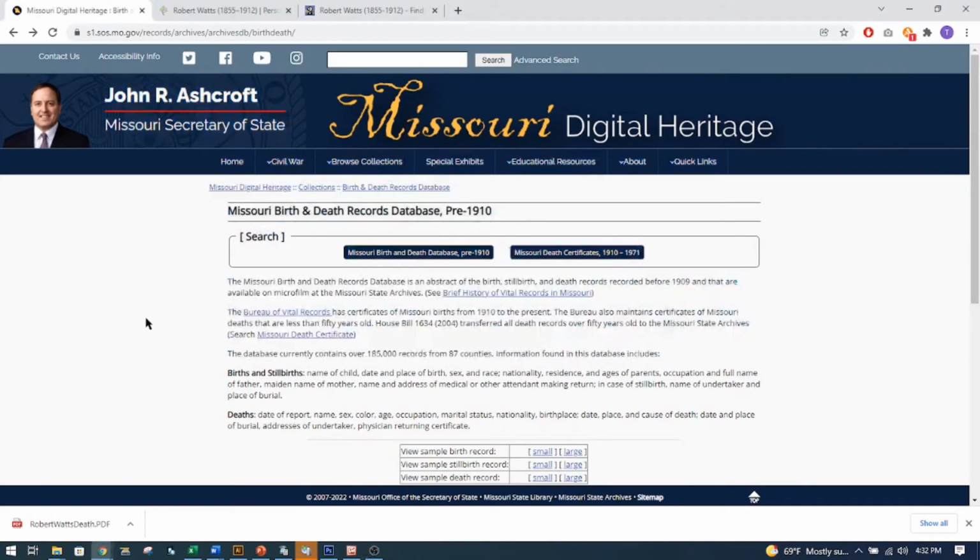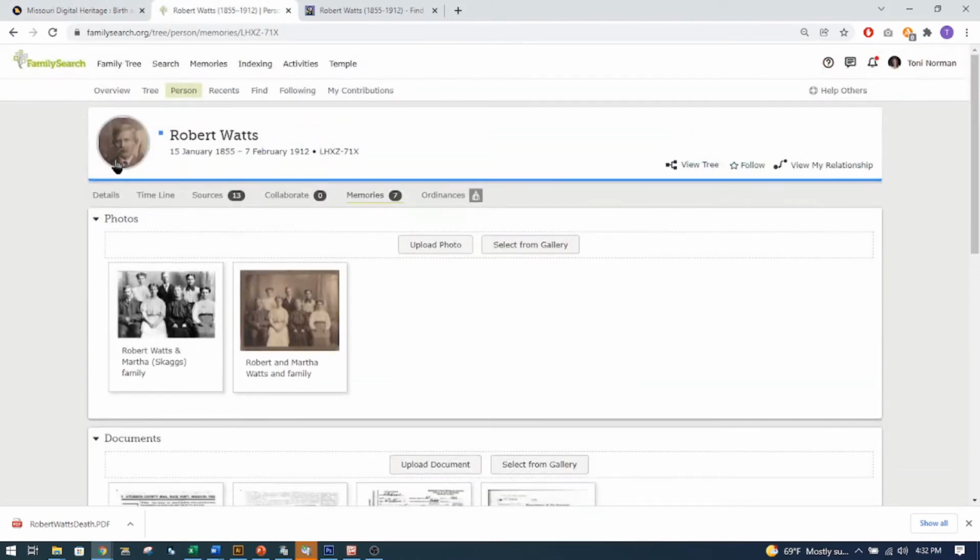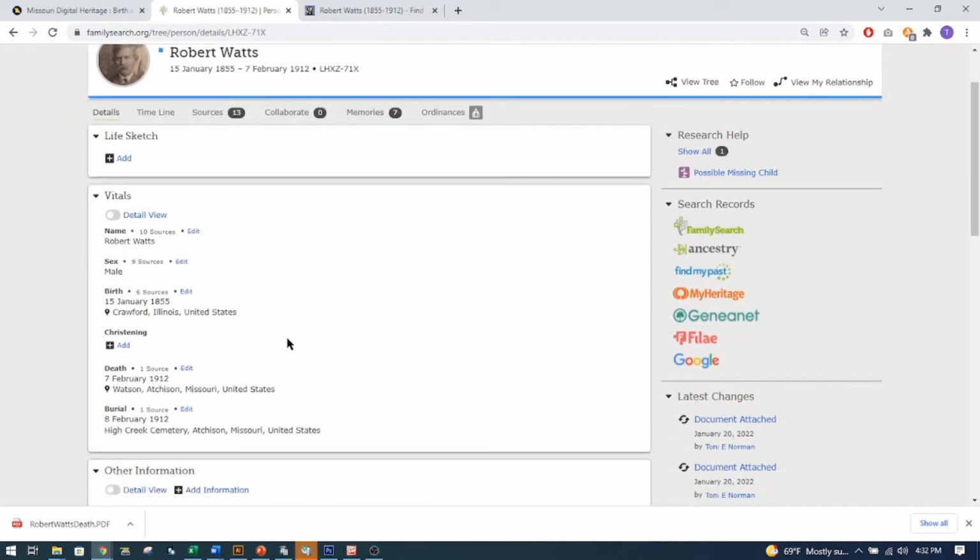Okay, I want to use this Missouri website that has death records. It has birth and death records pre-1910, or Missouri death certificates 1910 to 1971. Now, I have my great-grandfather. Let me go to his details. I have his